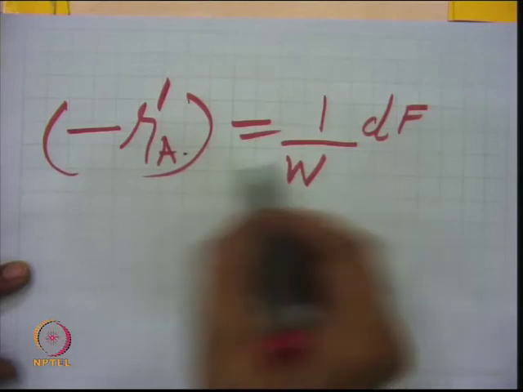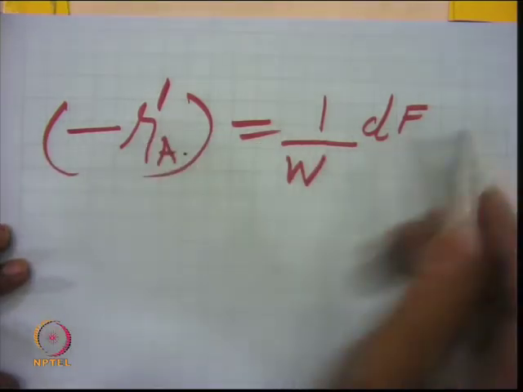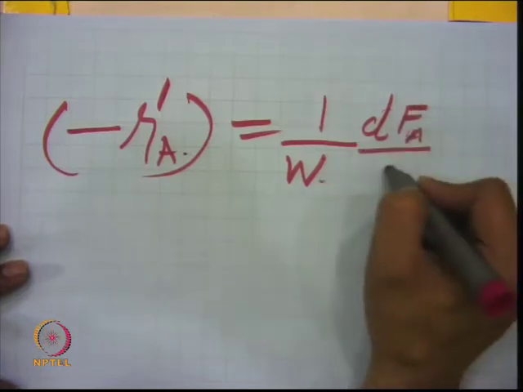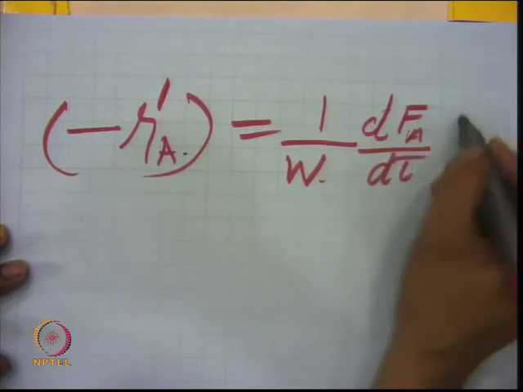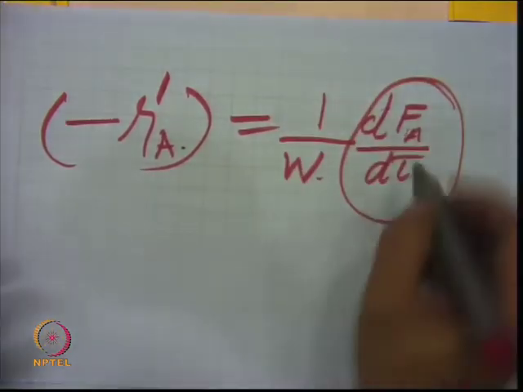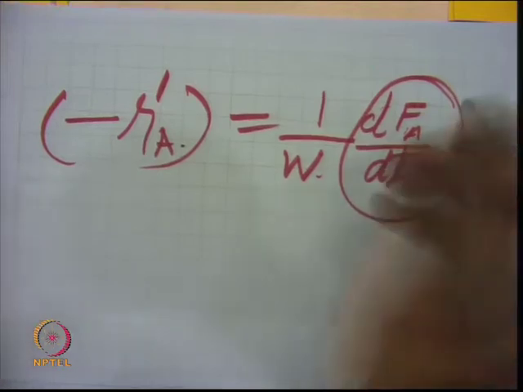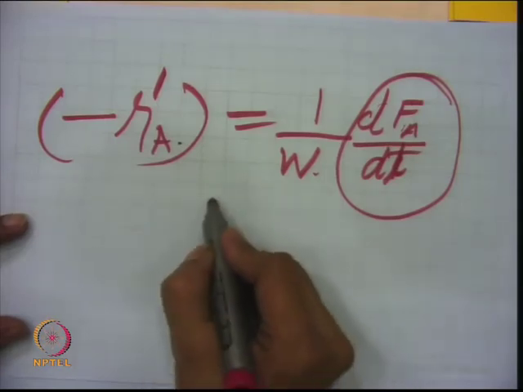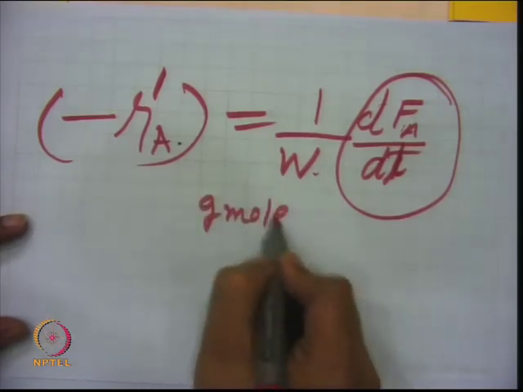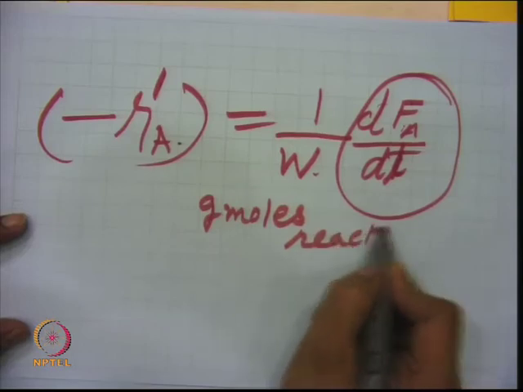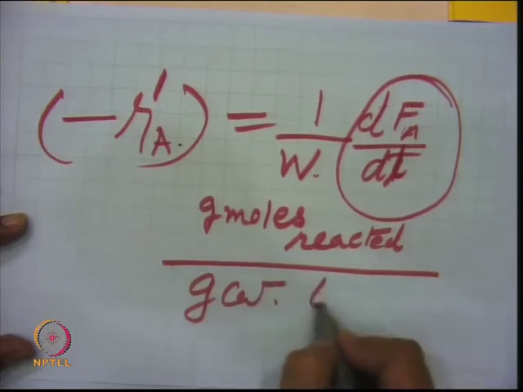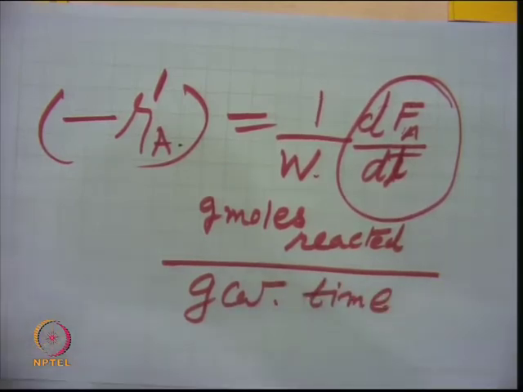So, basically this is the moles reacted per unit time per gram of catalyst. So, I am writing in this form: d F A per gram of the catalyst per unit time. Here the time is defined in the form of something like space time, so I will write t right now, but I will define it a little later, right. The definition simply says gram moles reacted per gram catalyst per unit time. So, this is the definition of the rate in the case of a heterogeneous catalytic reaction, right.